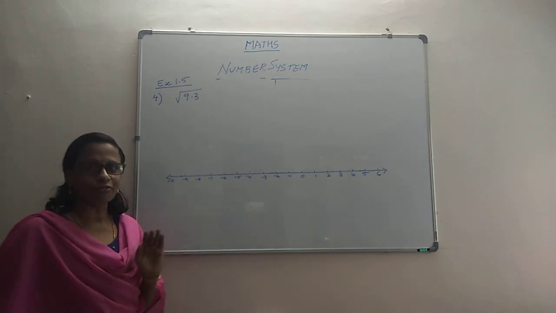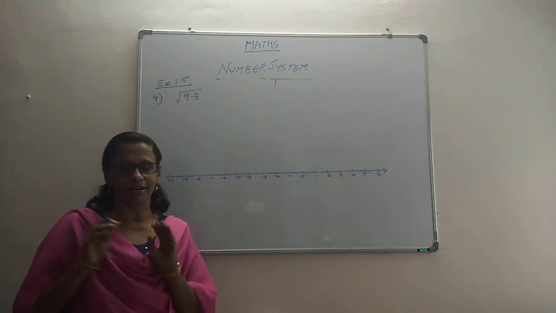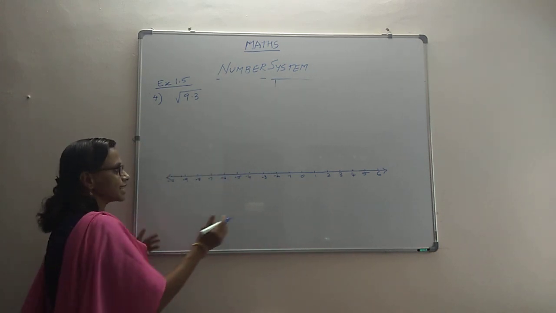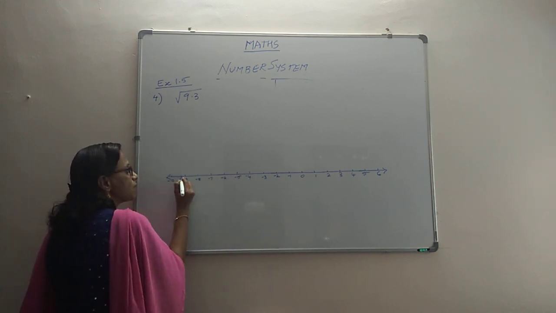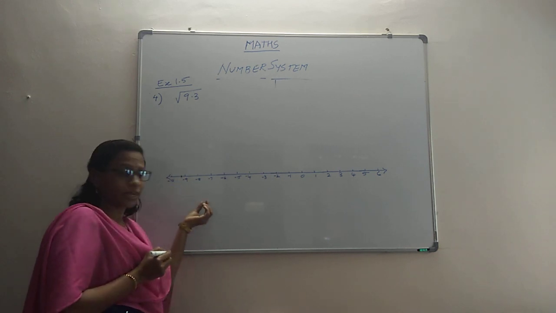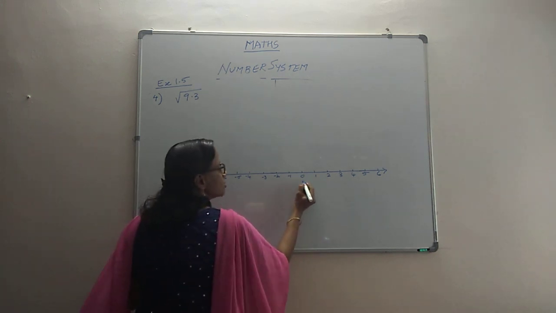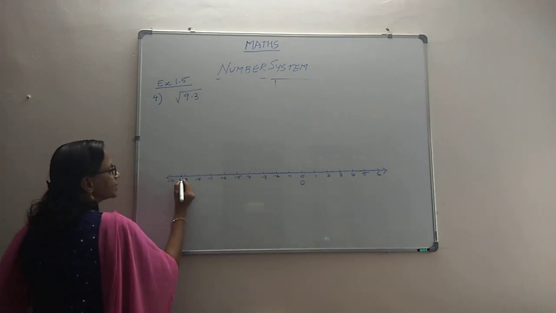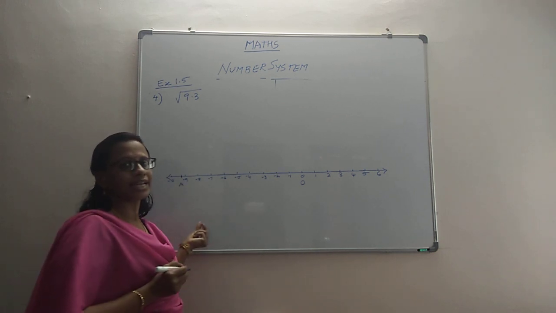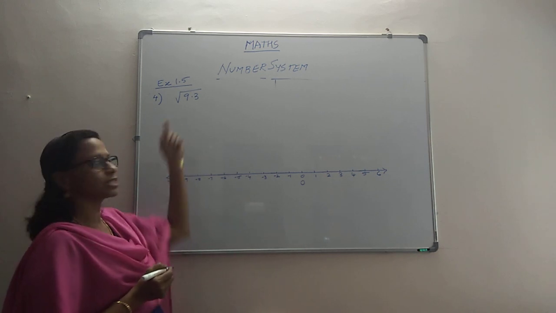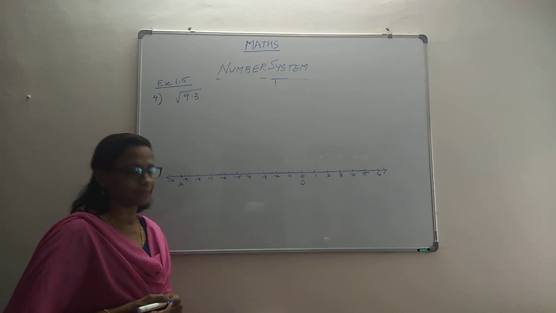So let's see now how we are going to go about doing this construction. First, to make things convenient, I have taken the negative part of the number line till minus 10, and I have marked my point minus 9.3 over here. Please mark this point, minus 9.3, on the number line. Let's call the 0 point O, and the point where we have plotted minus 9.3 as A. Why 9.3? Because that is what is being asked.